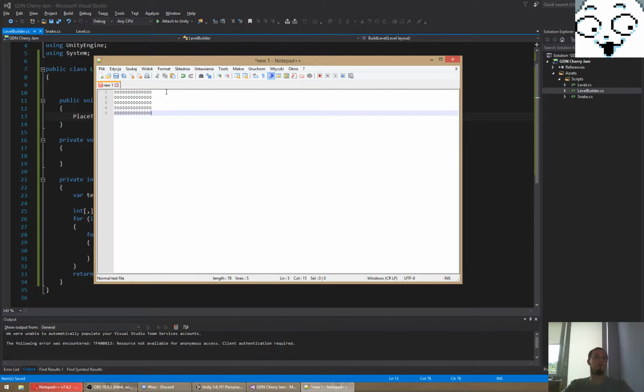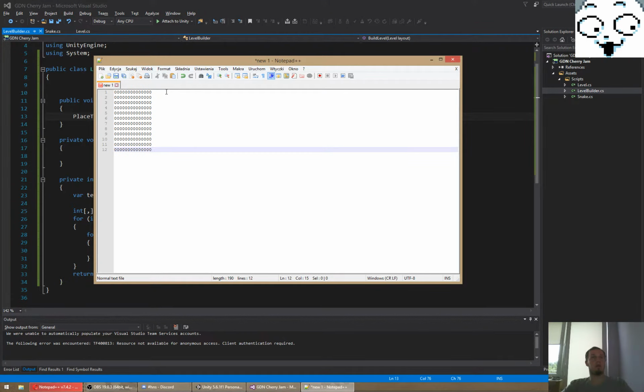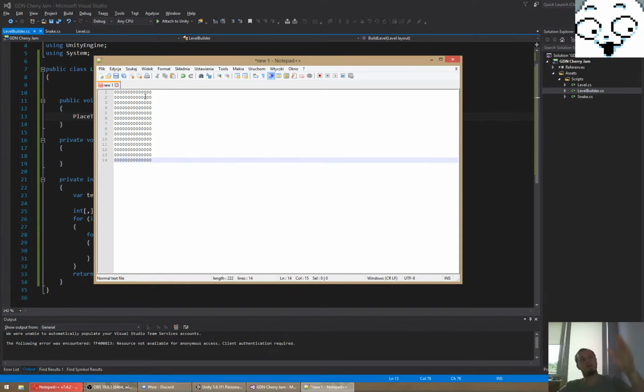2, 3, 4, 5, 6. Copy that. 12. Copy that. Paste. Okay, so we have a 14 by 14. We have 222 signs. Cool. Now, we want the level to look somehow. So let's go and change